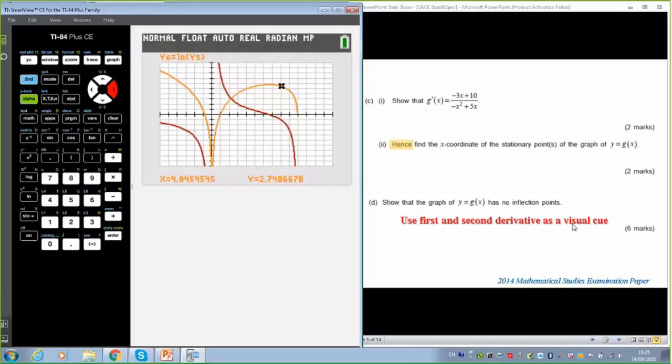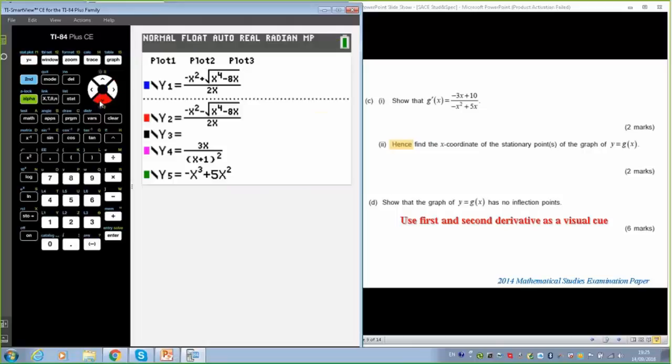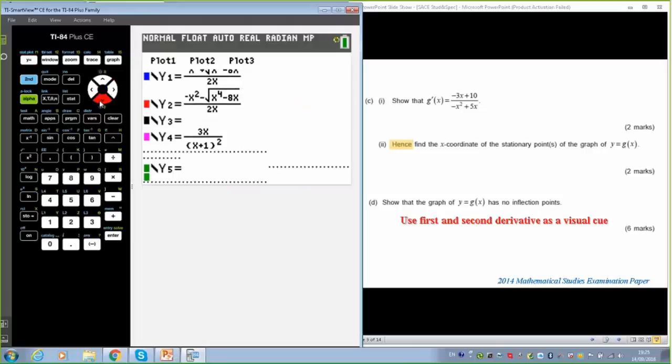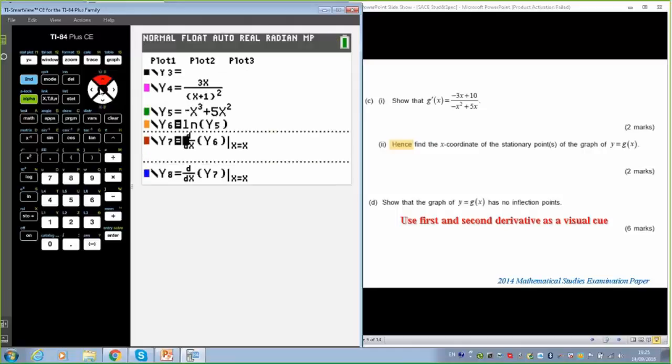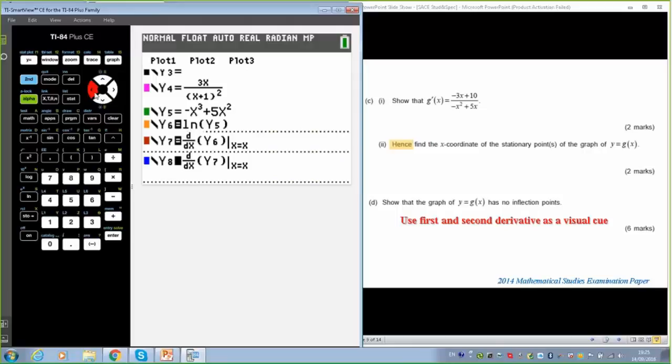But the question was talking about no inflection points. I think that the graphics calculator allows the students to get some ideas if they don't know how to solve that question. So maybe they've left it out and they've just gone on and done the other questions, and they're going to come back and look at it again. They can use the graph to think, okay, what am I actually looking for? How am I going to find that there's no inflection points? I can see there's none, but how am I actually going to prove it?